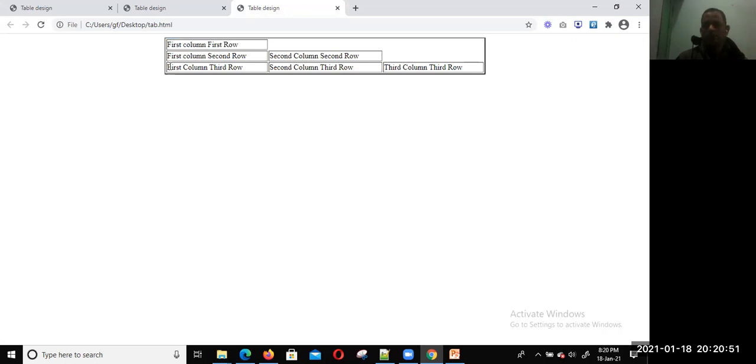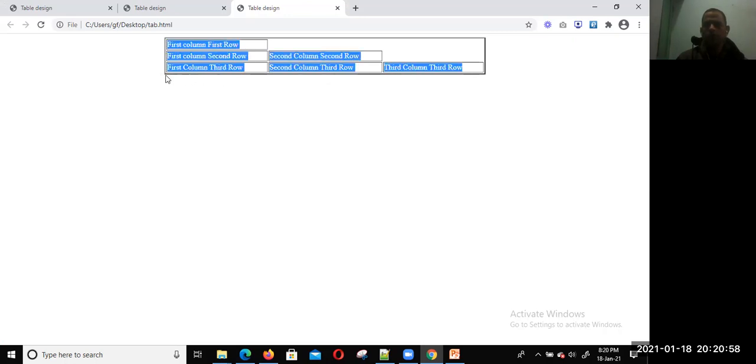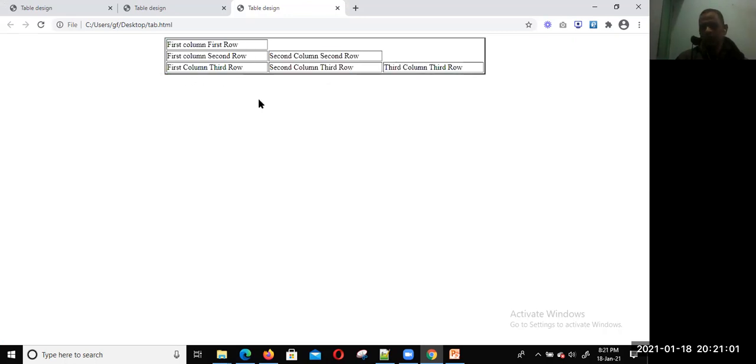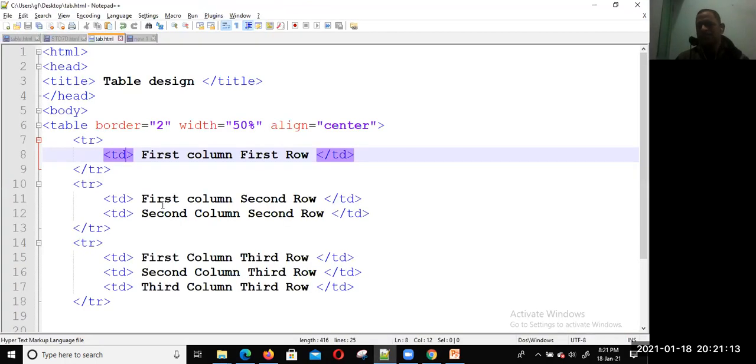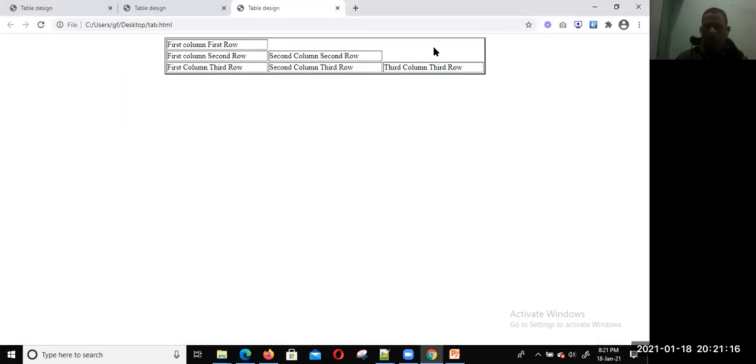We have a maximum of 3 columns, in the third row. So if you want to merge the whole row into a single column, we just need to write colspan equal to 3.